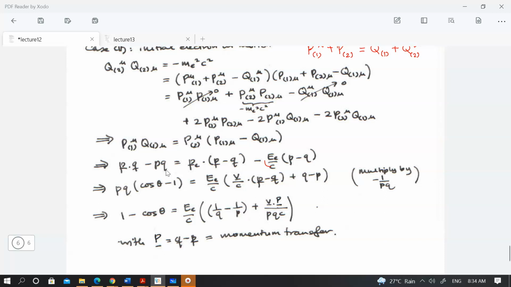Again, on this side, you use the fact that one can re-express P dot Q in terms of your scattering angle, cos theta. And over here, it gets a little bit complicated because the momenta of the electron is involved. So if you look at what's going on here, this will come from your ordinary expression for